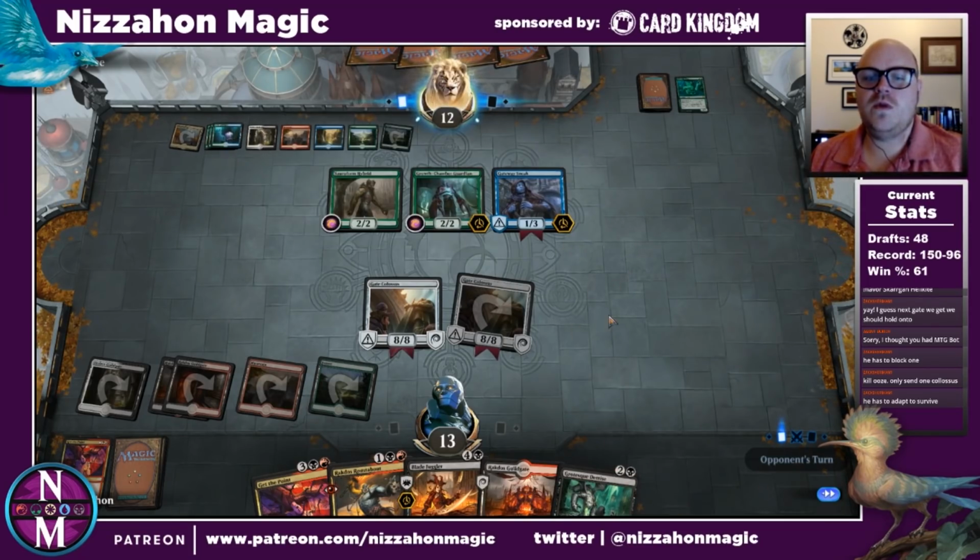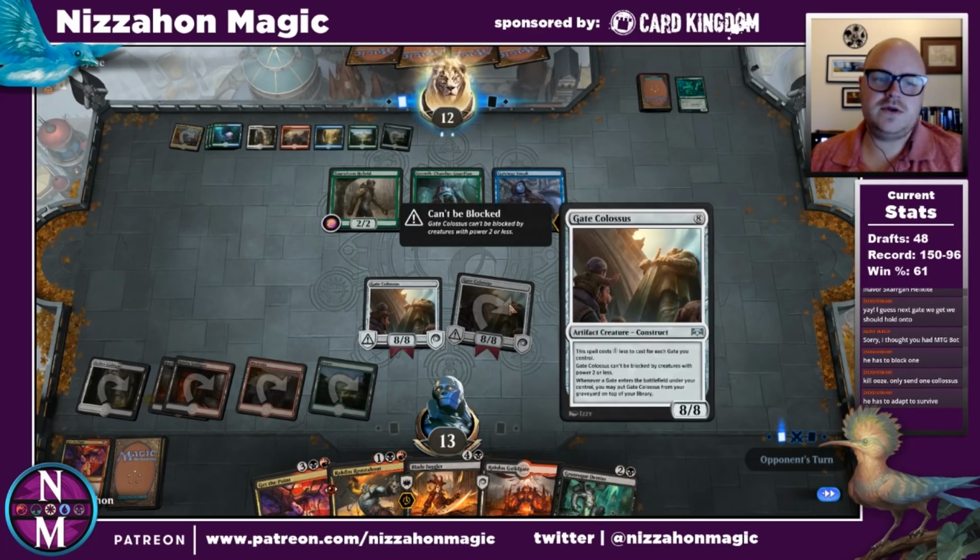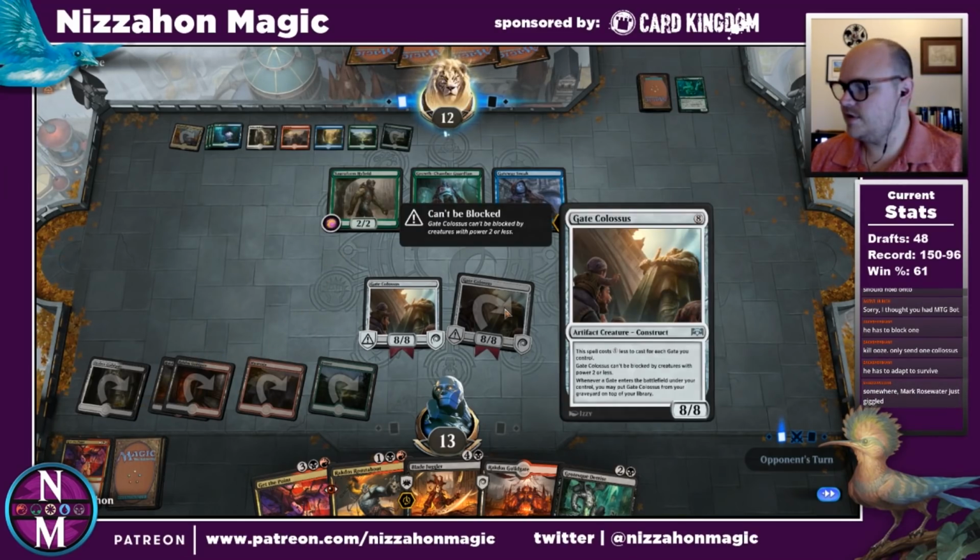And he can only adapt one of them. So our Get the Point or Grotesque Demise can deal with that. What we don't want is a bounce spell, because he'll still cost 5, so...